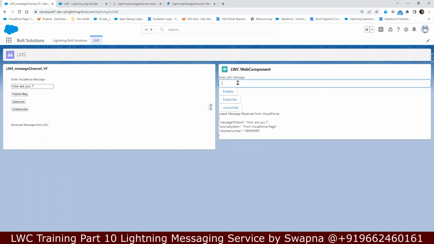If I say, I'm fine, how about you? Now I'm typing in the LWC web component. I'm fine, how about you? Publish. I have published it, right? But here it is not displaying. As here, subscribe is there, that's the reason it is displaying the data from LWC. But if I do subscribe here,